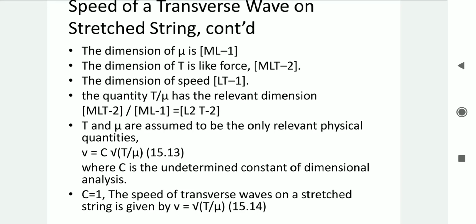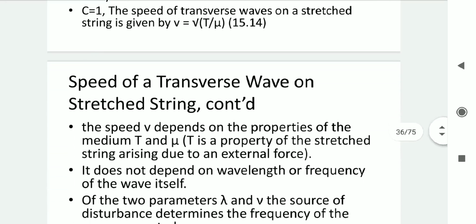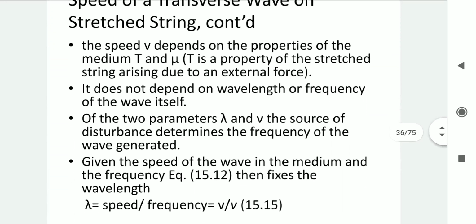Here T and mu, which are assumed to be the only relevant physical quantities, will give you V equal to C under root of T by mu. That C is the undetermined constant of the analysis, which is taken as C equal to 1. So the speed of transverse waves on the stretched string will give you V equal to under root of T by mu. Here this speed depends on the properties of the medium, that is the tension T and